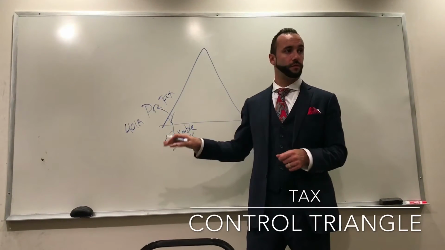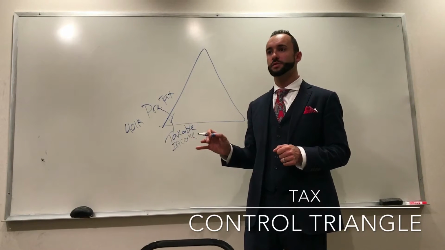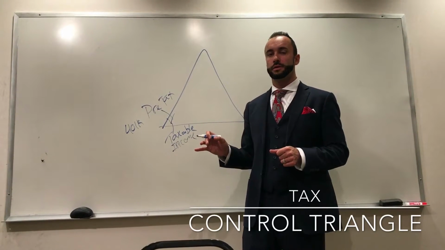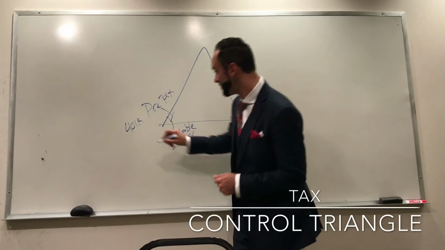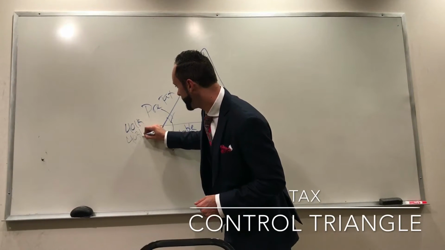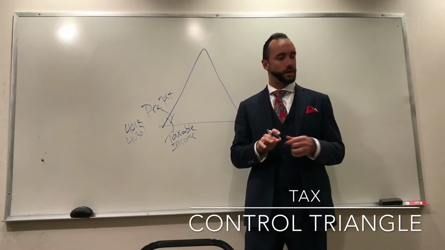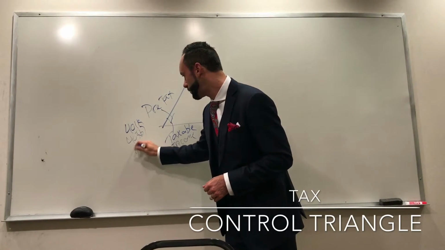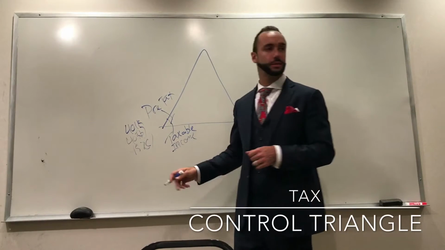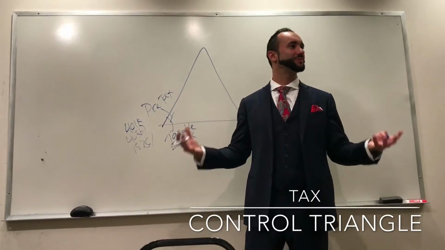Now, what goes along with the 401k? A lot of nurses and teachers have what's called a 403b. He just met with a nurse, she had a 403b. If you meet with a state employee, they have what's called a 457c. Basically, they're all the same. They all do the same thing, it's just different names.